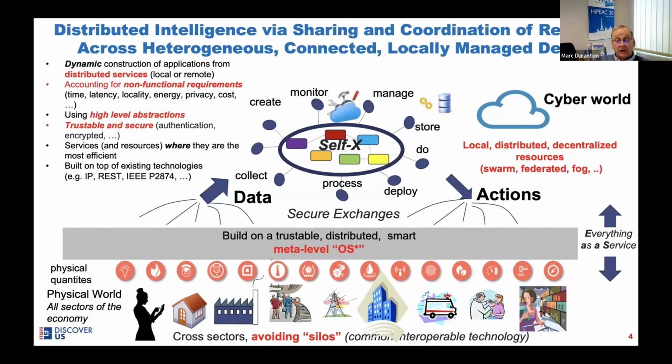As I said before, the characteristic of this ecosystem is to be able to make a dynamic construction of applications from these distributed services. The location is important, but should not be relevant in terms of the API and communication. That means this service could be remote or local, with a similar way to interact. We should have a description and be able to deal with non-functional requirements like time, latency, locality, energy requirement, privacy, cost, and so on,